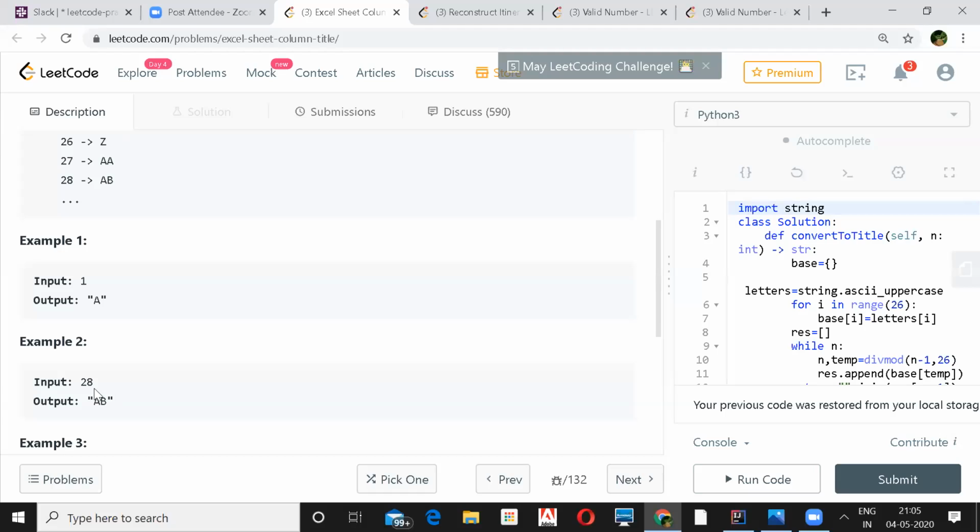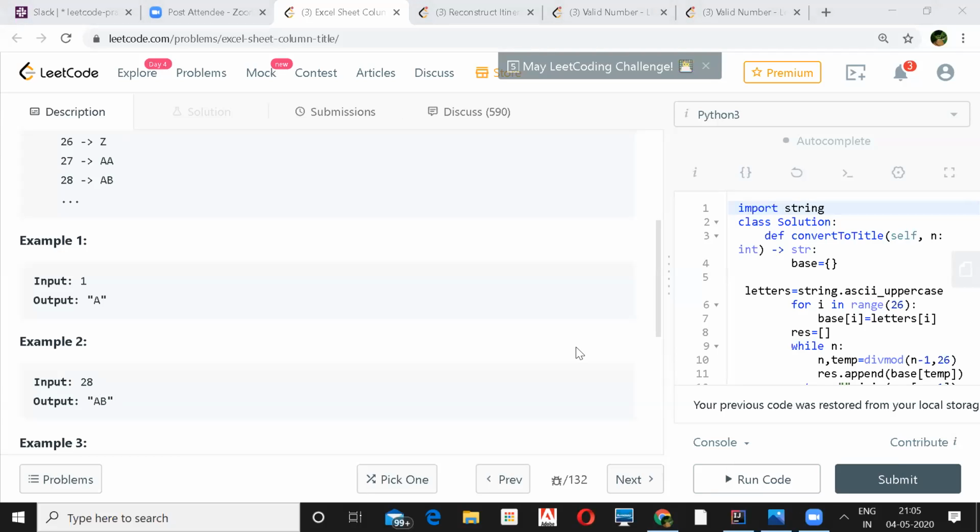How will you account for 28 and so on? If given 28, I would first divide it by 26. If it is more than 26, I'll basically keep on dividing it by 26 and find the remainder, the modulo.